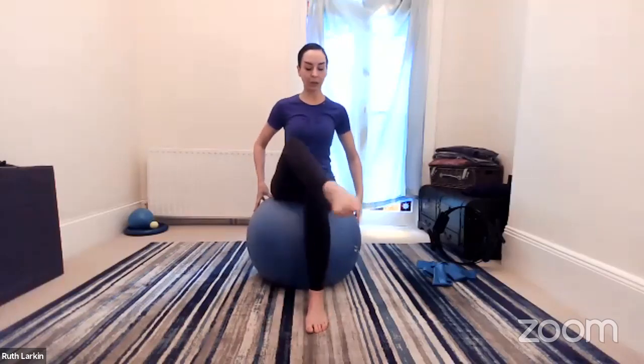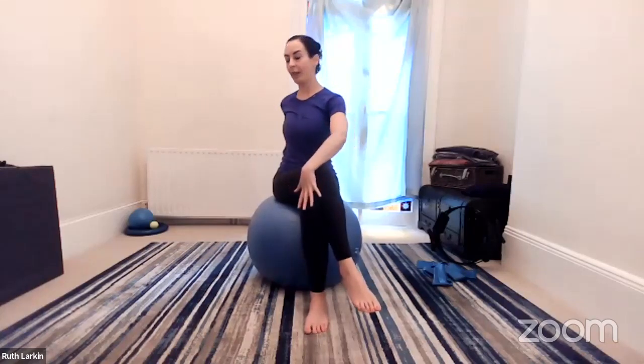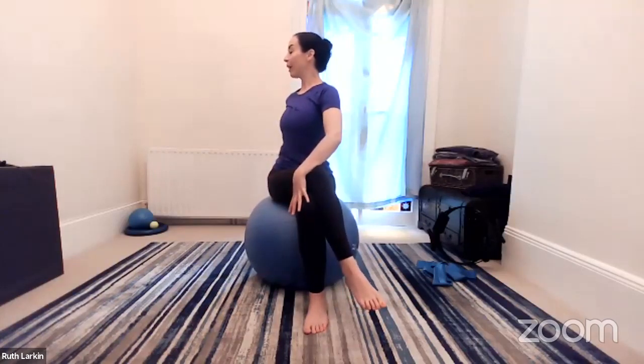So we've done a little bit of rotating here. So I'm going to give you all the options depending on how your hips and your spine feel. Some of us might be able to get into quite a deep position. Others might need to be a little bit more gentle. So really, really simple. I'm just going to cross one leg over, opposite hand onto the knee, other hand round to the back of your ball or your chair, and just rotate yourself round. Now, as I breathe in, I'm going to go tall through the crown of my head, shoulders down, and as I breathe out,